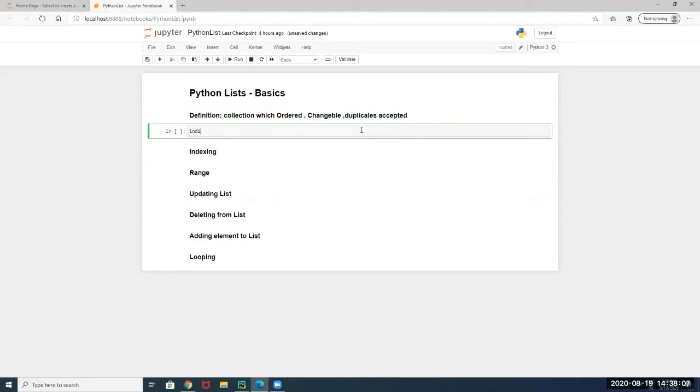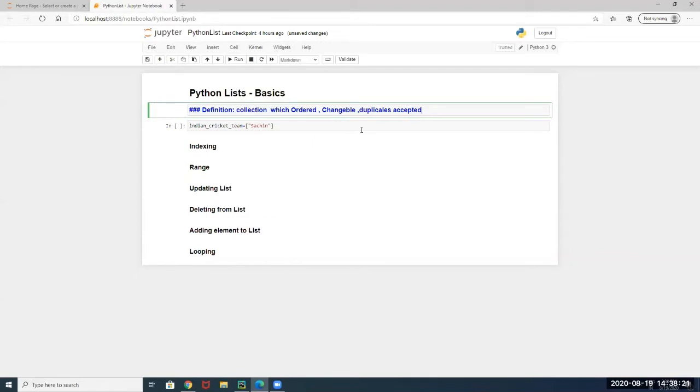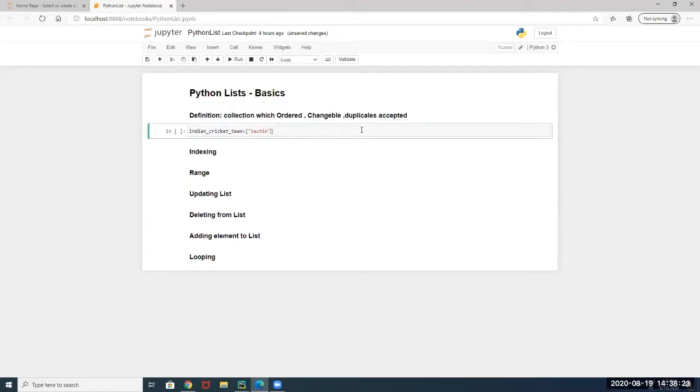I'm going to create one list, and in order to create a list we need to use square brackets. So this is the syntax, and then you could pass the elements. So let's say I'm going to create a list,